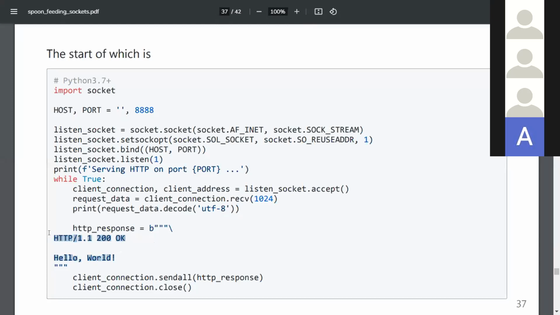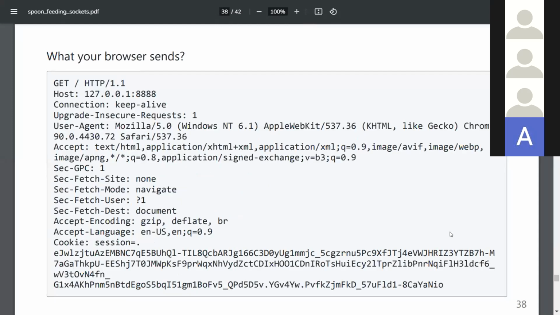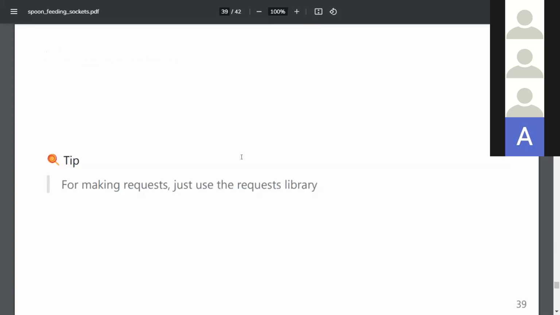Why? Because it's using the HTTP protocol, and normally when you make a request to it, that's the info that your browser sends.